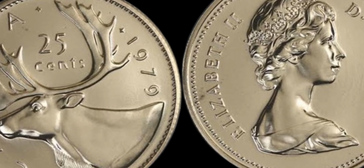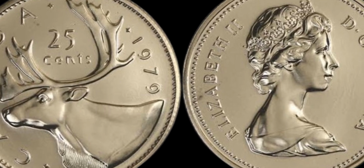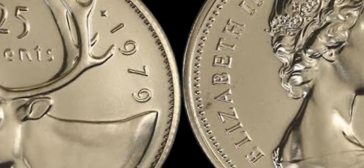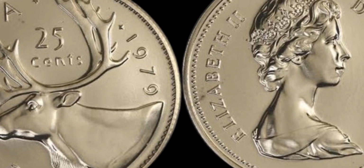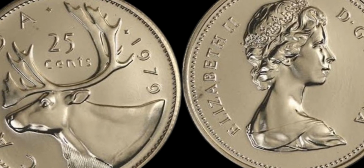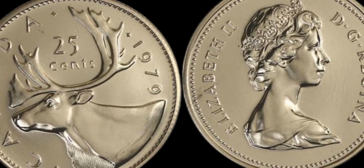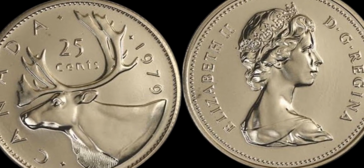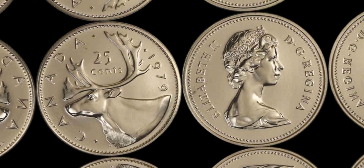Well, it all comes down to a printing error. You see, on this specific 1979 Canada 25-cent coin, there was a mistake made during the minting process. Instead of the usual maple leaf design on the reverse side of the coin, there was a completely different design, a test strike of a 1979 Canadian dollar coin. This error was due to a mix-up at the Royal Canadian Mint, and only a handful of these coins were